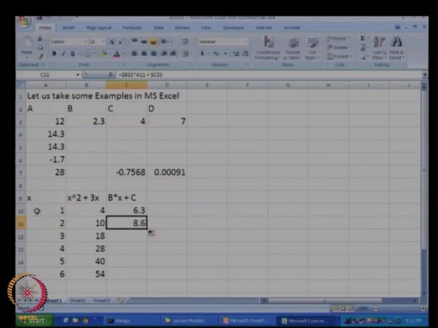So, the dollar sign makes Excel keep the cell references as they were when we entered the formula. Then what we will do is click at this particular edge and drag it below, so that these numbers get repeated for the entire column. Okay. So, this is what we get when we do this for this straightforward exercise.